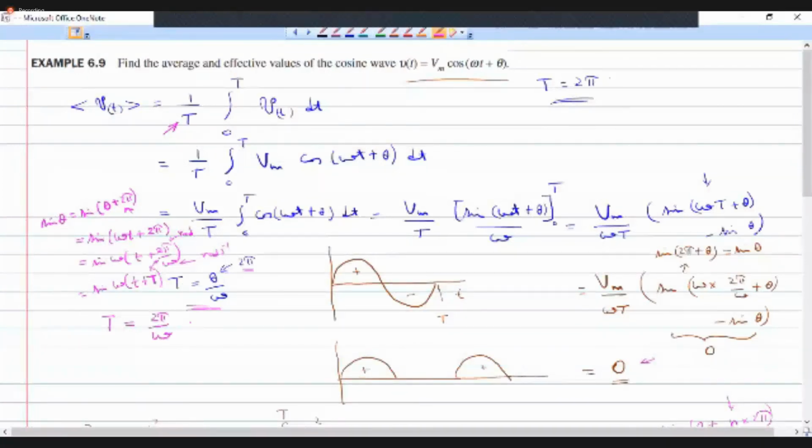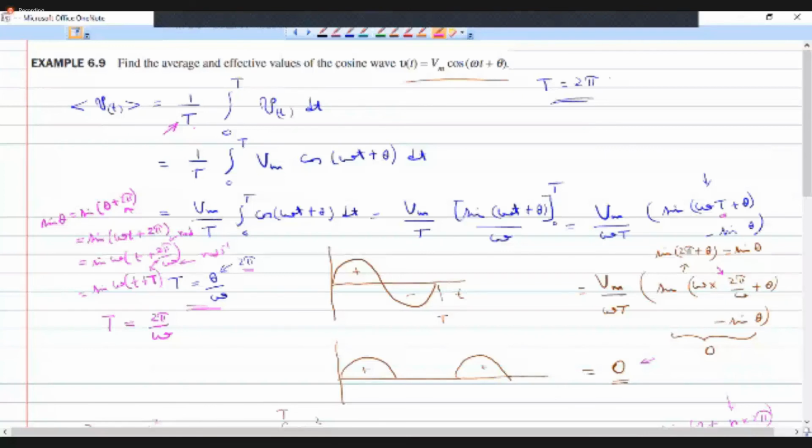Right? This is what we are trying to substitute here. At this step we have got capital T. In the next step, I substituted this capital T with 2 pi by omega,